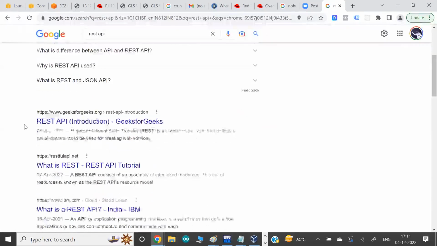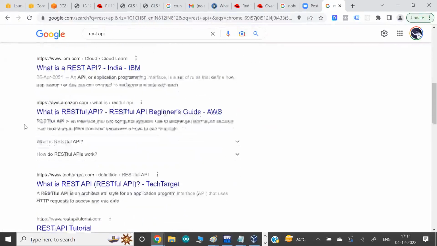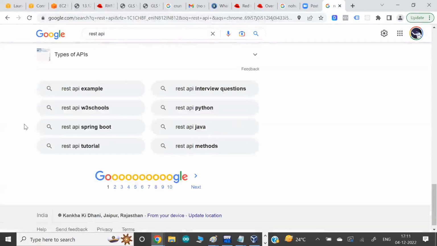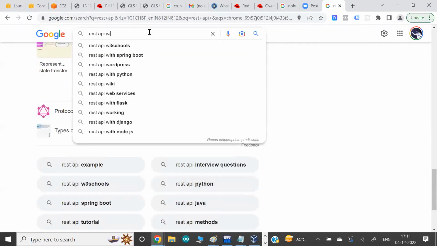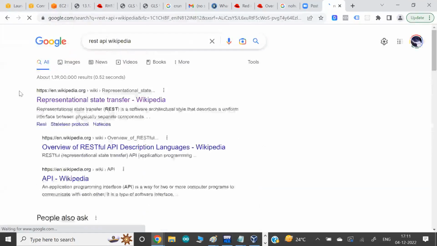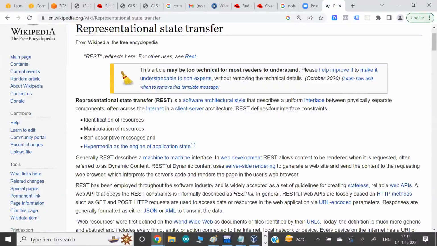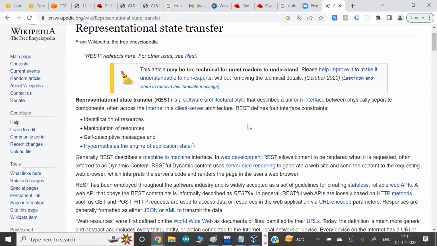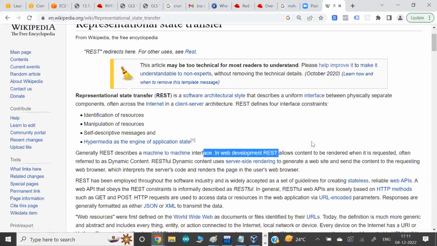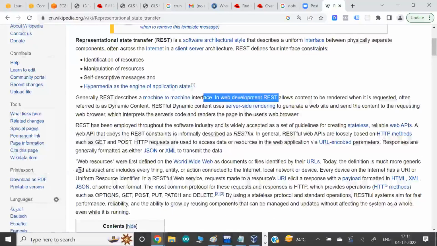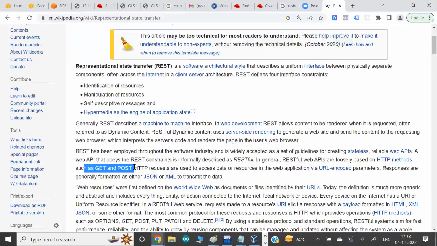If you look quickly at REST API, maybe the Wikipedia document gives you better information. It is a kind of specification, a definition, in the world of web development, in the world of services and microservices, where they guide you: this is the standard we have to use to connect to each other.